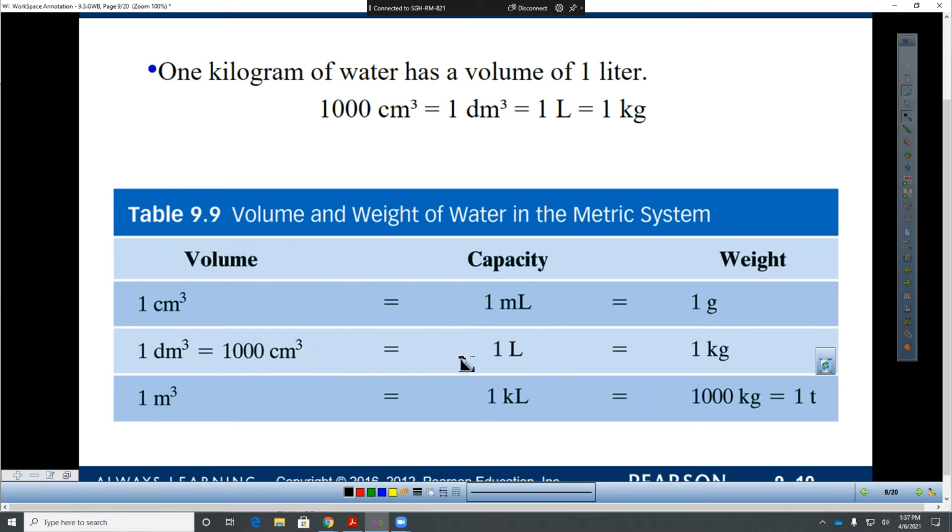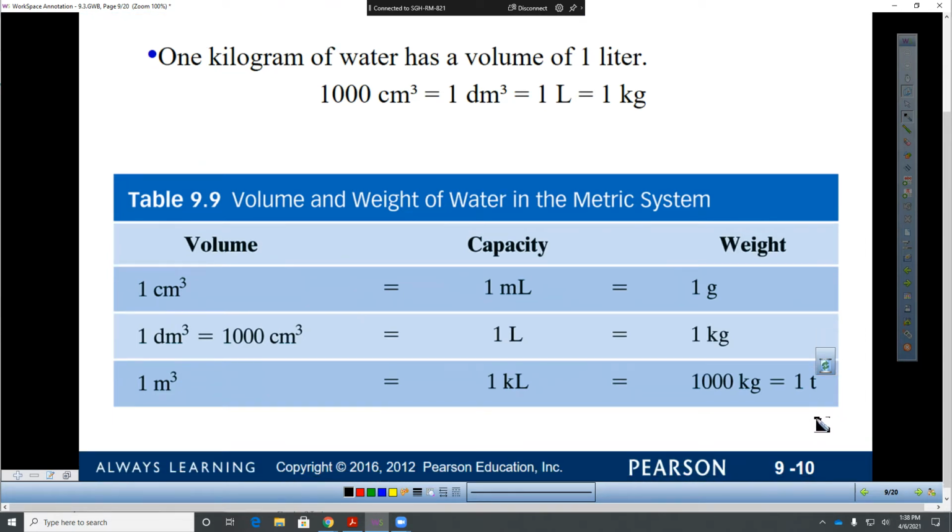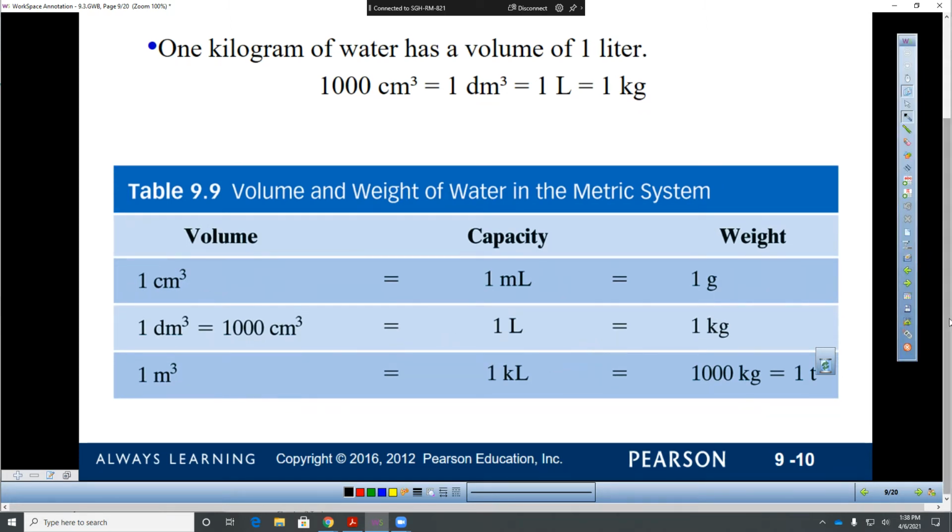1,000 cubic centimeters is 1 liter, right? Everybody knows what a 2-liter bottle of soda looks like. Half of that, if it was filled with water, weighs 1 kilogram. And 1,000 kilograms equals 1 metric ton. All right, so you'll use any of these conversions. Now, between these, you use our